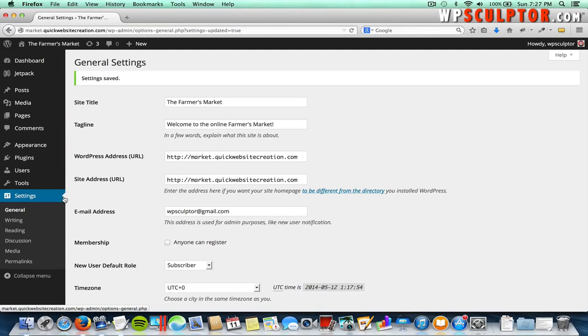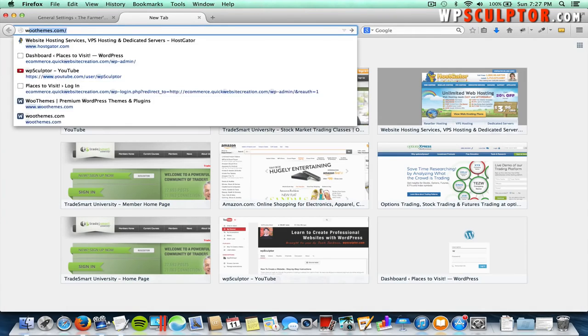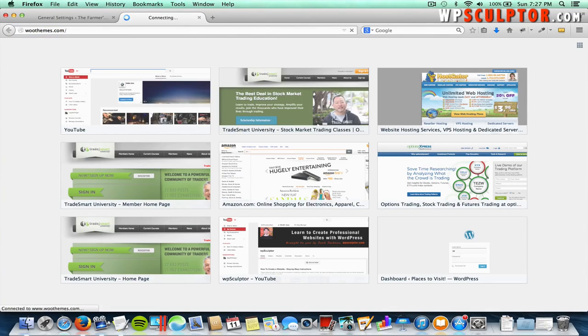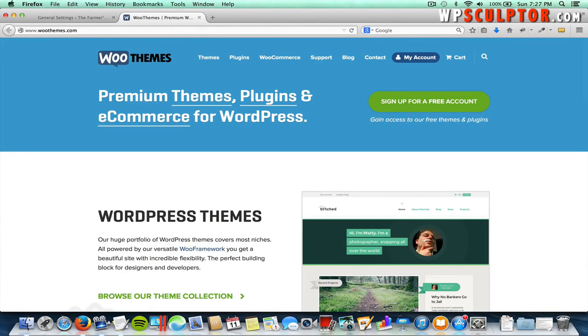The next thing we're going to do is download and install the free theme called My Style from WooThemes. And to do that, I'm just going to open up a new tab and go to woothemes.com. What's great about the My Style theme is that it is very compatible with the e-commerce theme from WooThemes that we're going to use called WooCommerce. To install this, hover over Themes, click on View Themes,